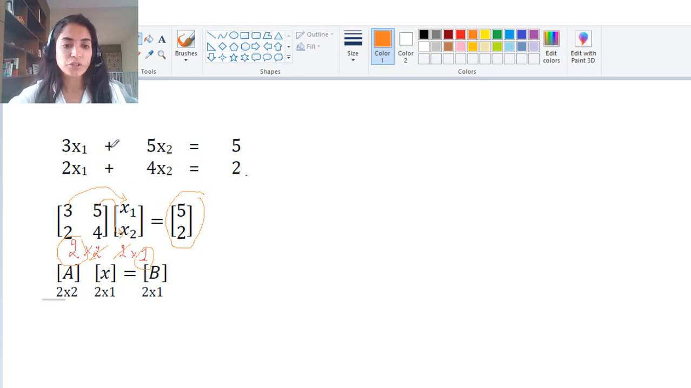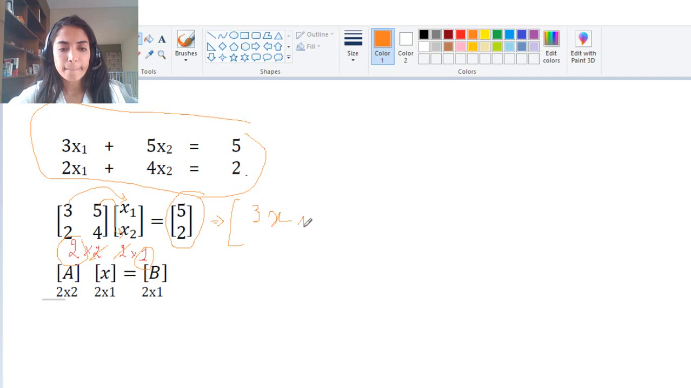This is the first equation, and this should be equal to 5. And then 2x1 plus 4x2, and this should be equal to 2. And then I can get back to this system of equations. So basically, guys, if I do the multiplication of the first two matrices, this should be a 2 by 1,